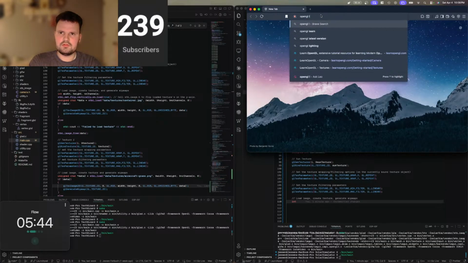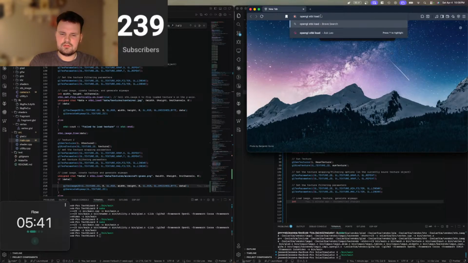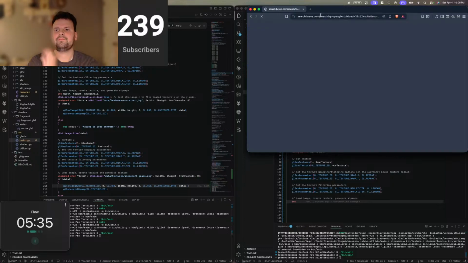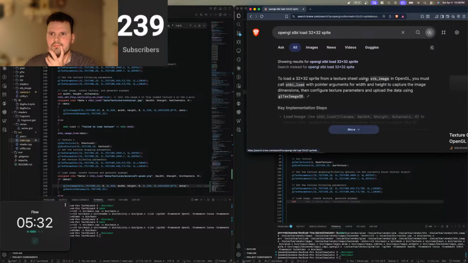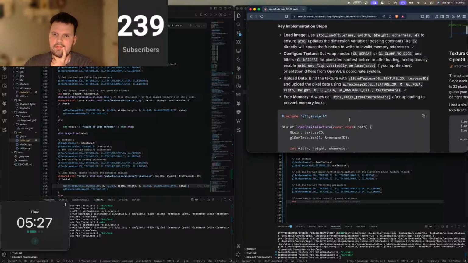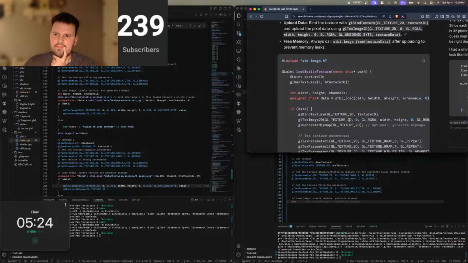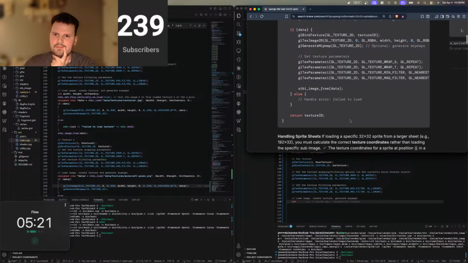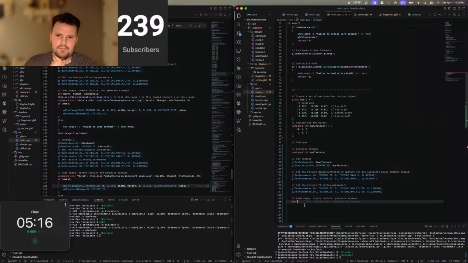OpenGL load 32 by 32 sprite. Pointer arguments. Okay, so I guess that might not matter as much. And since we only have one,